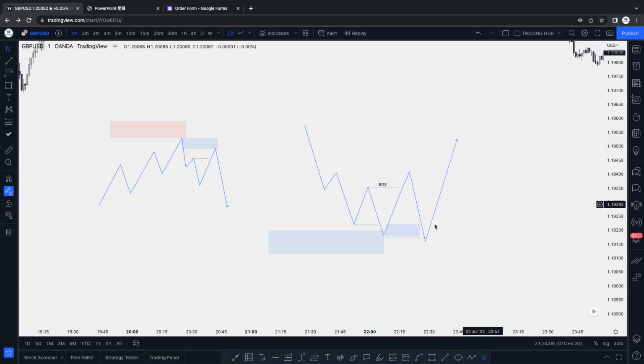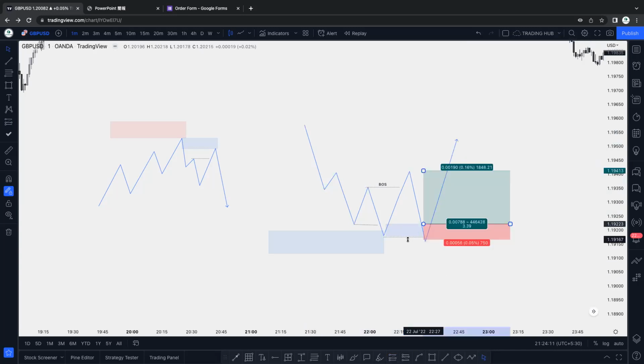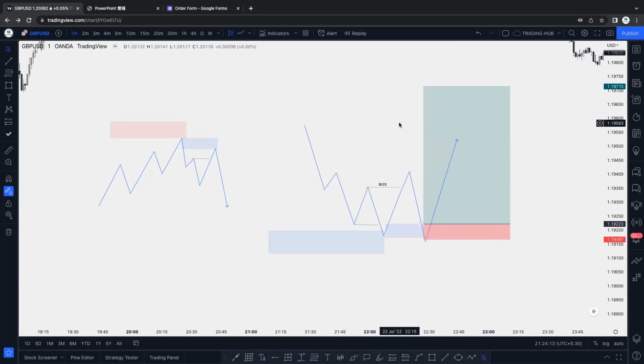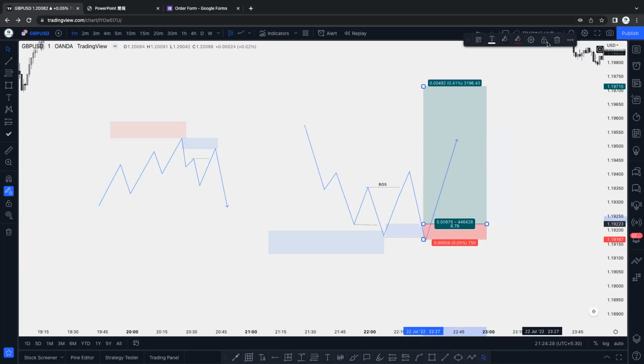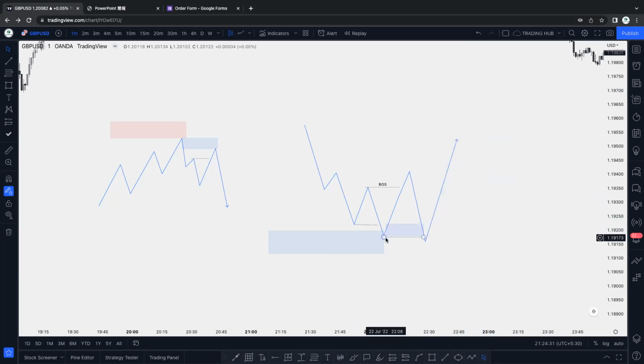And why does this happen here? Because everyone buying here creates liquidity, putting the stop loss just below it and looking for the buy here. Okay, then the market taps here, gives a little bit of reaction sometimes, and then pushes downside, collects all the stop losses. Okay, and then goes higher. So you have to wait for it. In this case, if there is no inducement, then you have to wait for it to sweep this previous low. Okay,